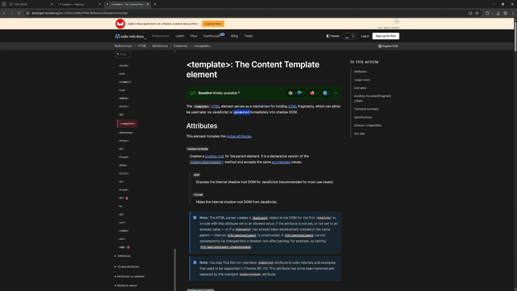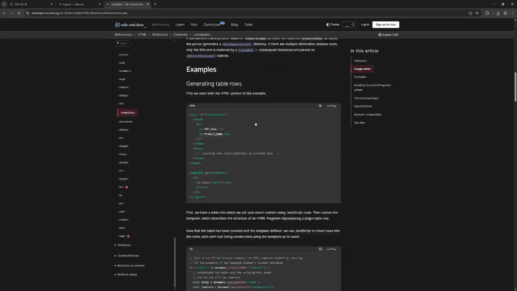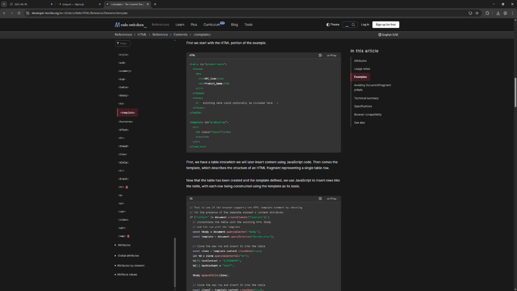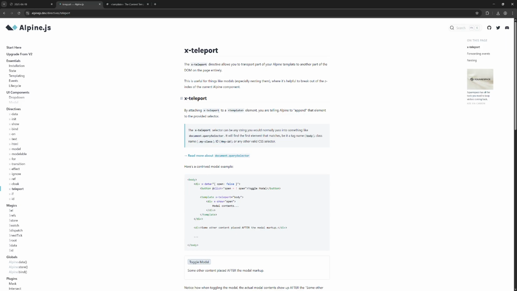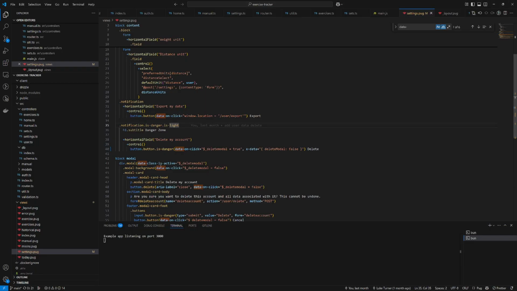The template element serves as a mechanism for holding HTML fragments are generated immediately into Shadow DOM. Okay. So this might have been added around the time that web components were built, something like that. But anyway, as the name implies, it's a template. Fine. Okay. So you're telling Alpine to append that template to the provided selector. So you would do something like